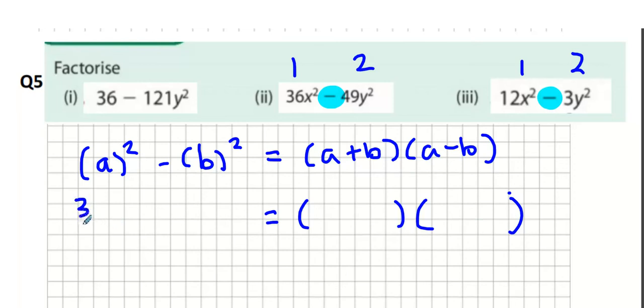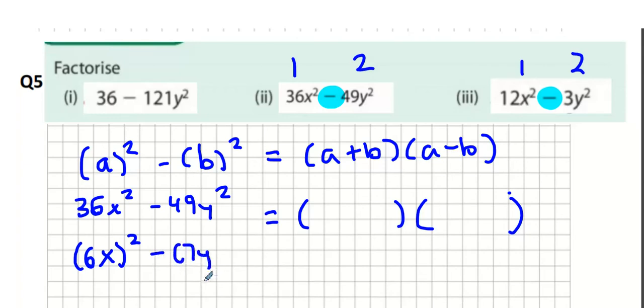All right. That's 36x squared minus 49y squared. Okay. What's that? 6x to be minus 7y to be. Does everyone know how we did that? We use the square root button on my calculator, don't we? And what goes in here? You cool with that? Yes. That's just explaining the general formula. When you have something squared, take away something else squared, you